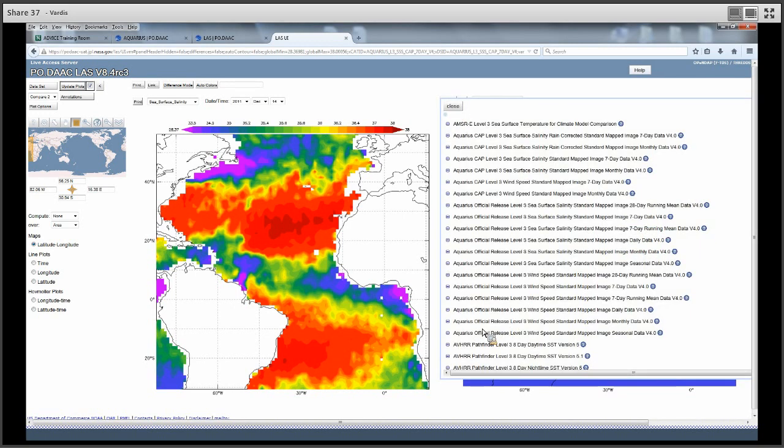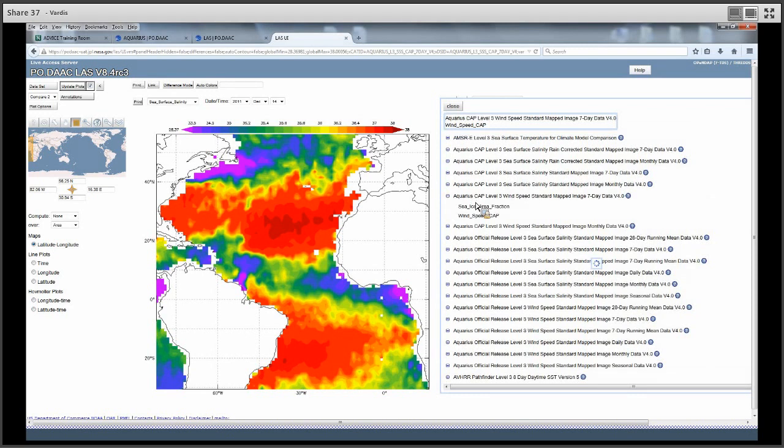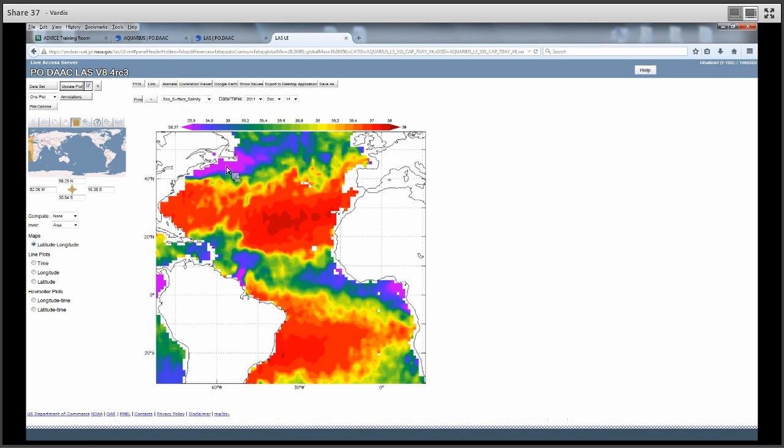I could pick an SST data set. Let me pick wind speed, again, from Aquarius. Close. And so again, for the same time period that I've selected, for the same spatial domain, I can look at a totally different data set and compare values. So this is a very powerful tool, and you can do up to 4 of these panels at any one time. So this paneling feature applies not only to these maps, but to other types of plots that